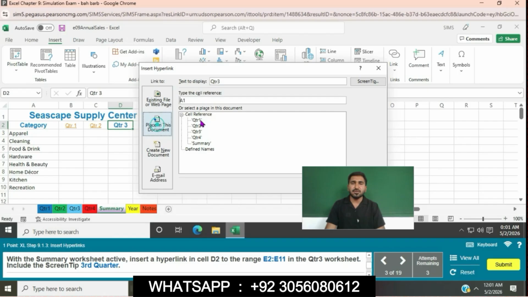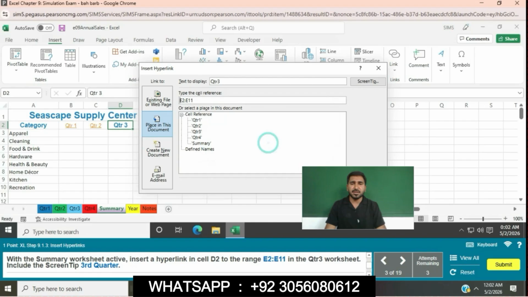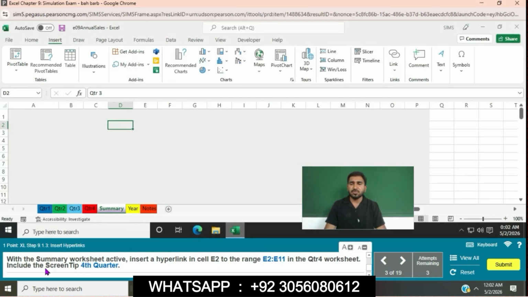So place in this document. In text to display, the cell reference is given in the question, E2 to E11. So select quarter 3 in the cell references and text to display. Screen tip text is third quarter. So we will click on OK button. This is done. So the next point is, when the summary worksheet is active, insert a hyperlink in cell E2